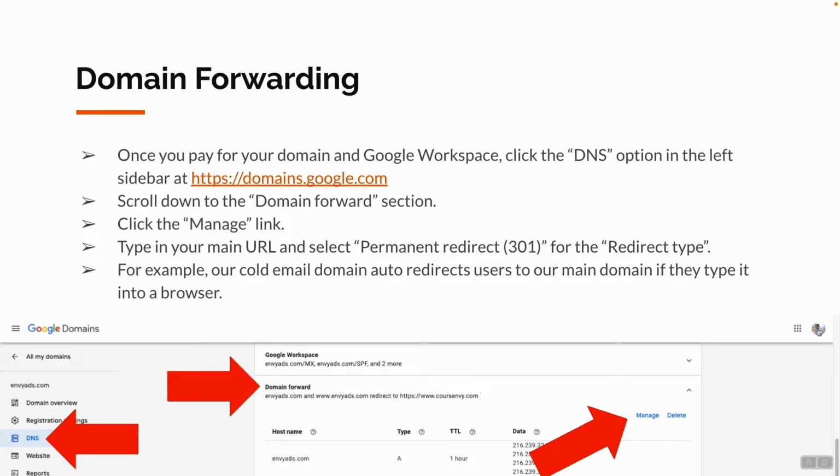in the left sidebar. Again, we're at domains.google.com. So this is that managing domains option. So under DNS, scroll down to the domain forward section. Under the domain forward section, click manage, then type in the main URL and select permanent redirect 301 for the